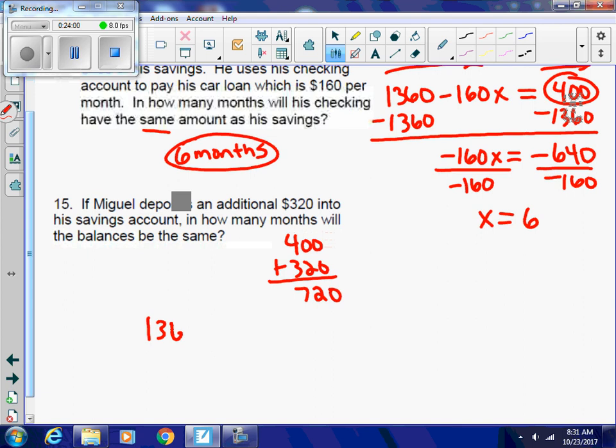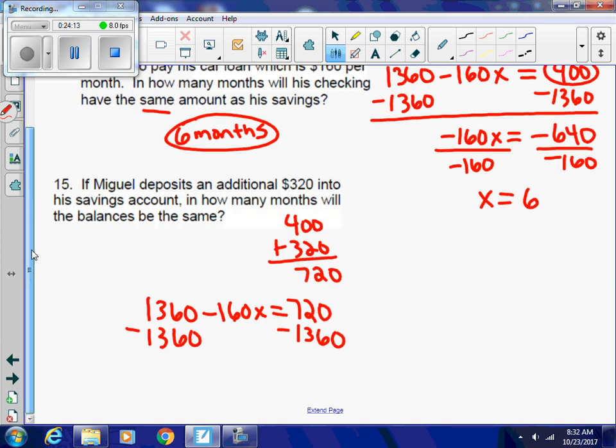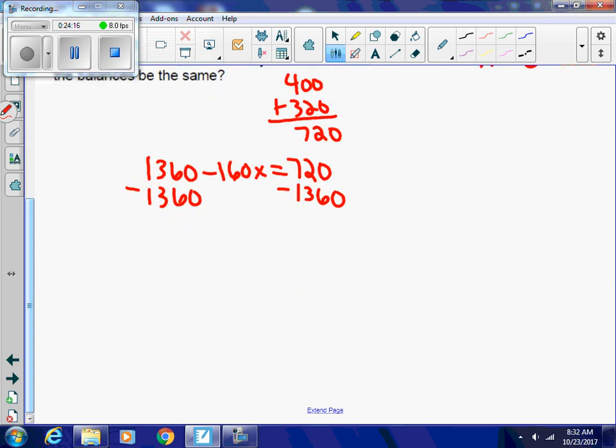So 1360 minus 160x equals now 720 because he added money to his savings. And we'll do the same thing. We'll solve. Okay, so we get -160x equals